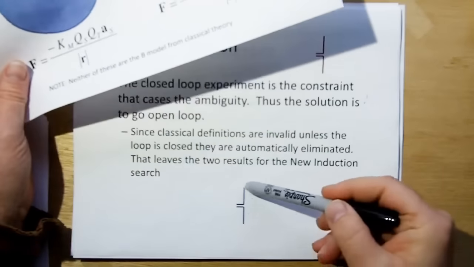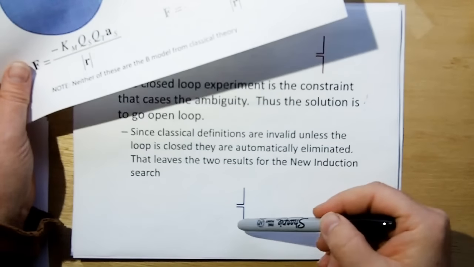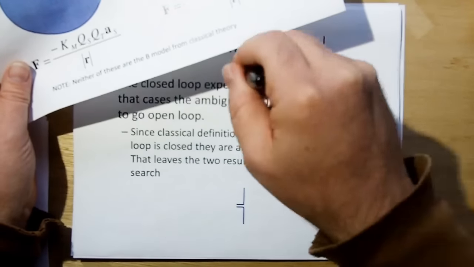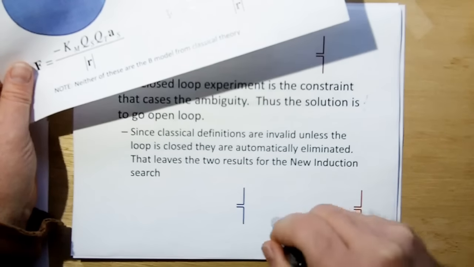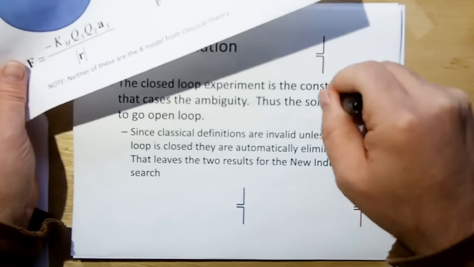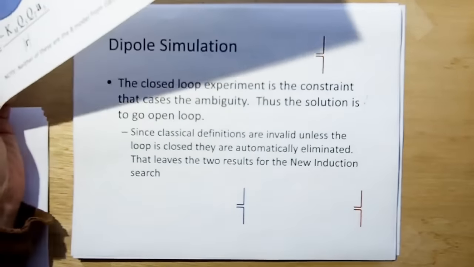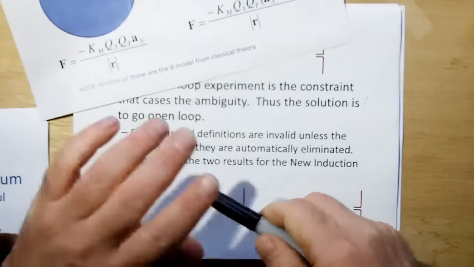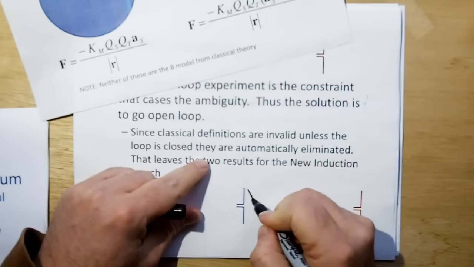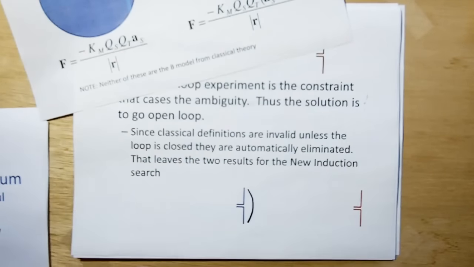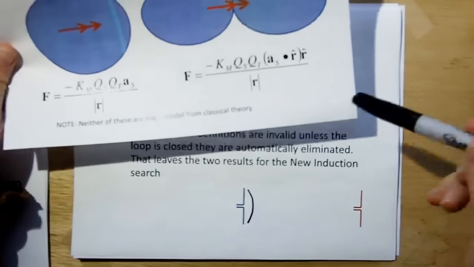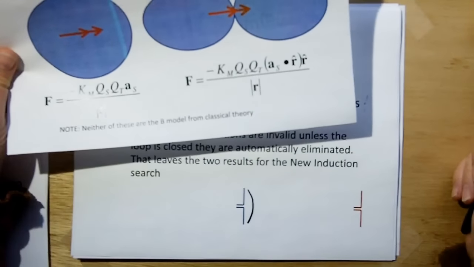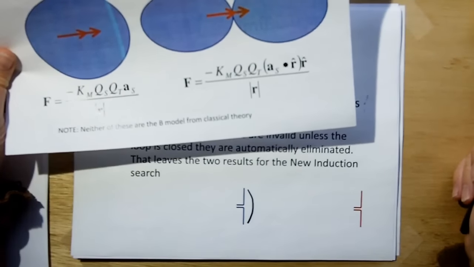Okay, so therefore, if I take a simulated source loop and rotate it around 360 degrees, and take a target loop and rotate it around 360 degrees, with different current densities in the loop, that's going to matter, then I should be able to get the proper field of a dipole antenna.